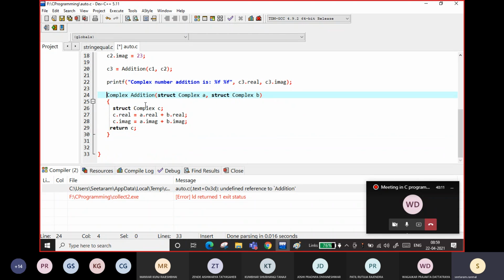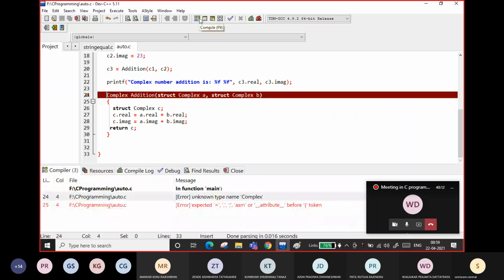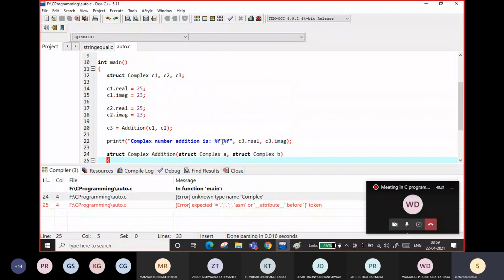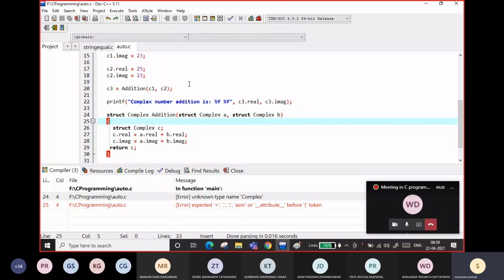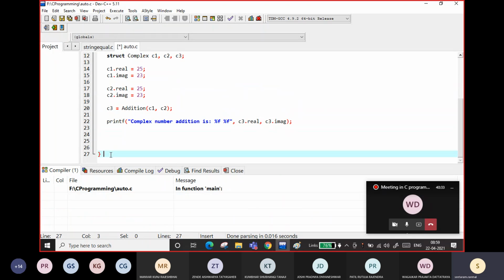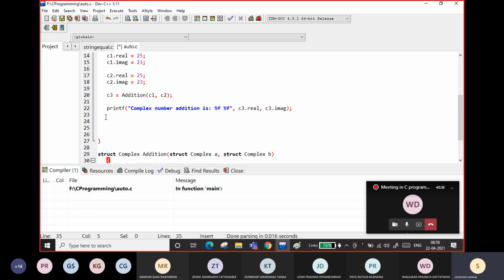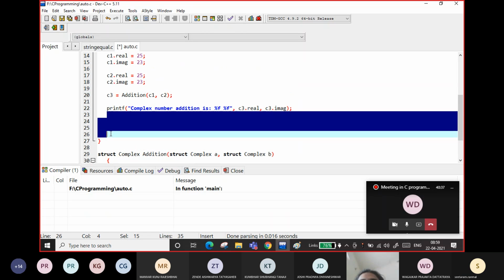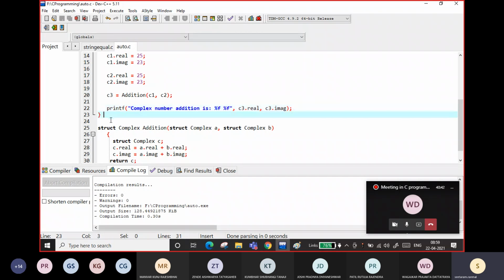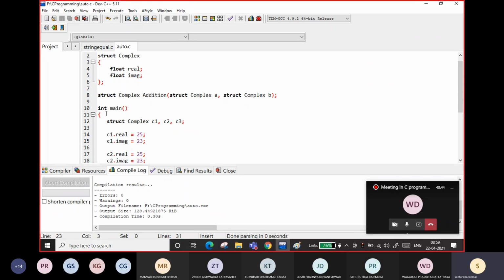Something is going wrong. Why is it not taking the addition function? What I will do, I should put this after main. I think that is the problem. Yes, I should have added this function after the main, right? Main completes. That was the problem.